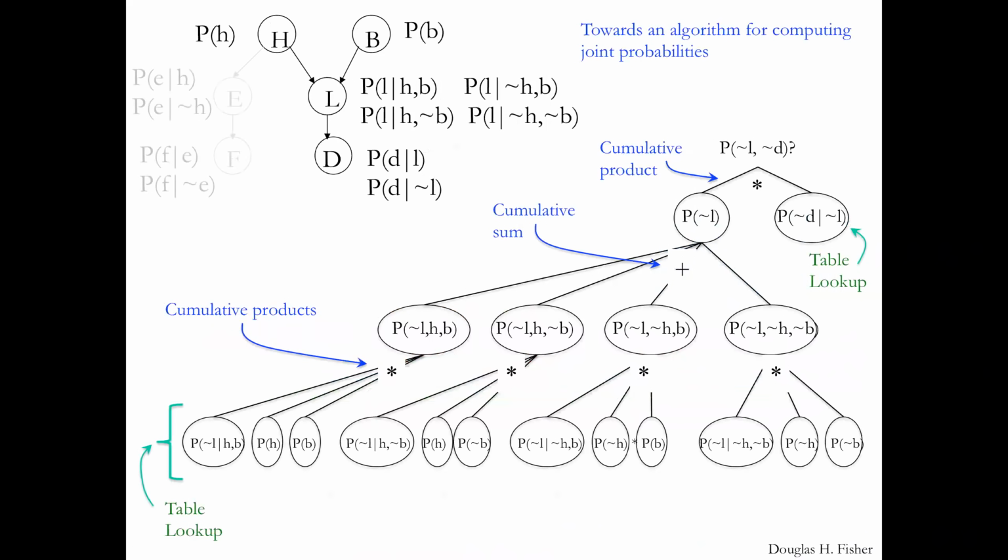I'm probably not going to ask you on exams to state a precise algorithm for doing this. I'm only going to ask you to do hand simulations of computing equivalent expressions for joint probabilities, and soon we'll be looking at conditional probabilities as well. But you might imagine starting with a query up here, decomposing it in the way that we have talked about,